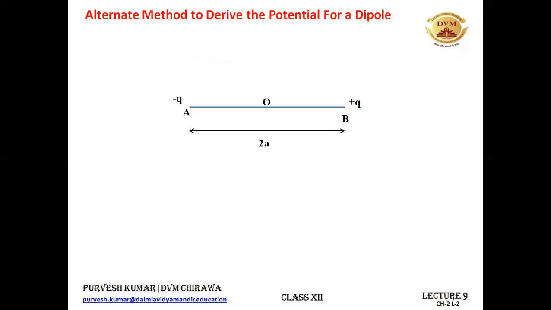All right. See, this is an electric dipole. AB is an electric dipole of length 2a and O is the midpoint of the dipole. And we are having charges minus Q present at A and plus Q present at B. Now, you can easily find out the electric potential because of this dipole by first taking an axial point and then taking an equatorial point. Not for the general case, the general point case we have done in the previous section.